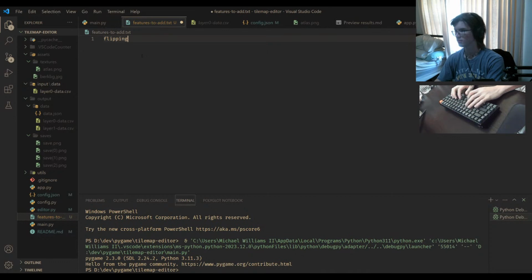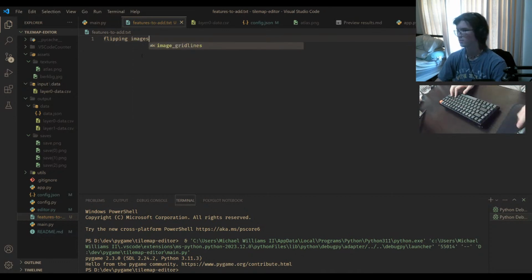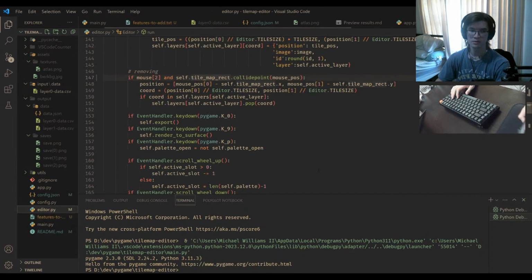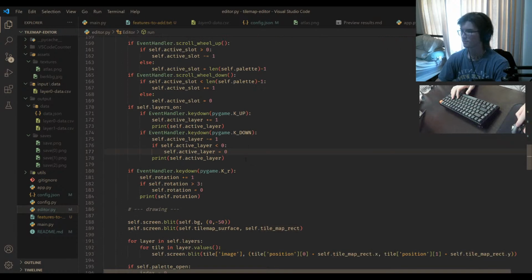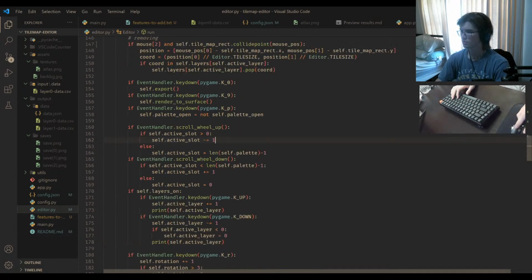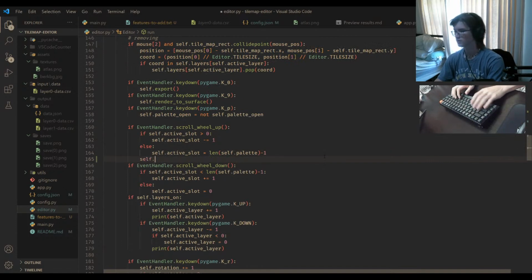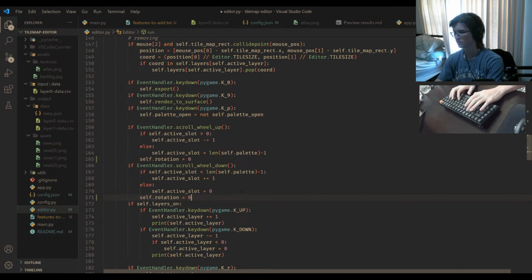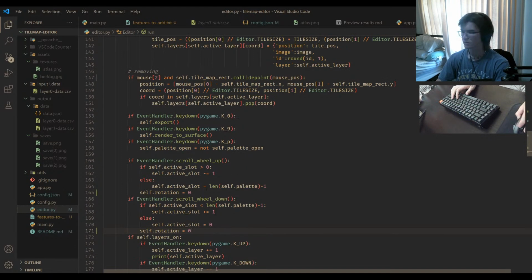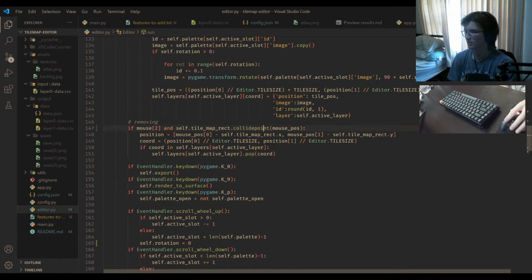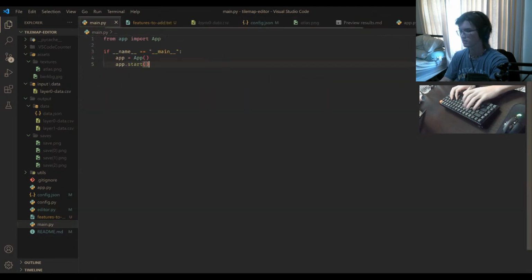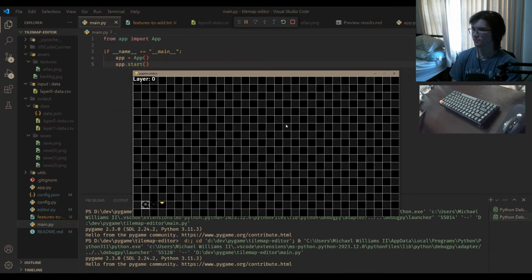Okay. All right. So first thing we need to do is we need to do this. So reset the rotation. Cool. And then, okay, so I'm going to be adding the ability to flip sprites because right now in my tile map editor,